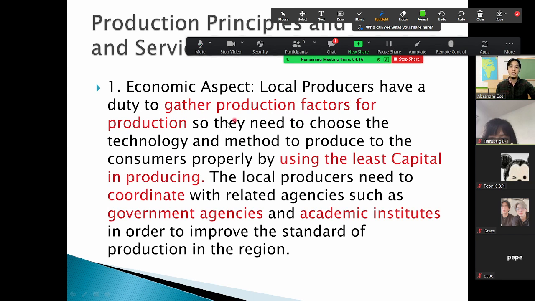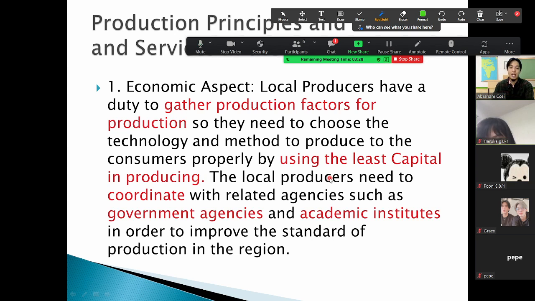Local producers have a duty to gather production factors for production. They need to choose the technology and method to produce for the consumers properly, again using the least capital. Local producers need to coordinate with related agencies such as government agencies and academic institutes, just like the example earlier, wherein the producers of goods